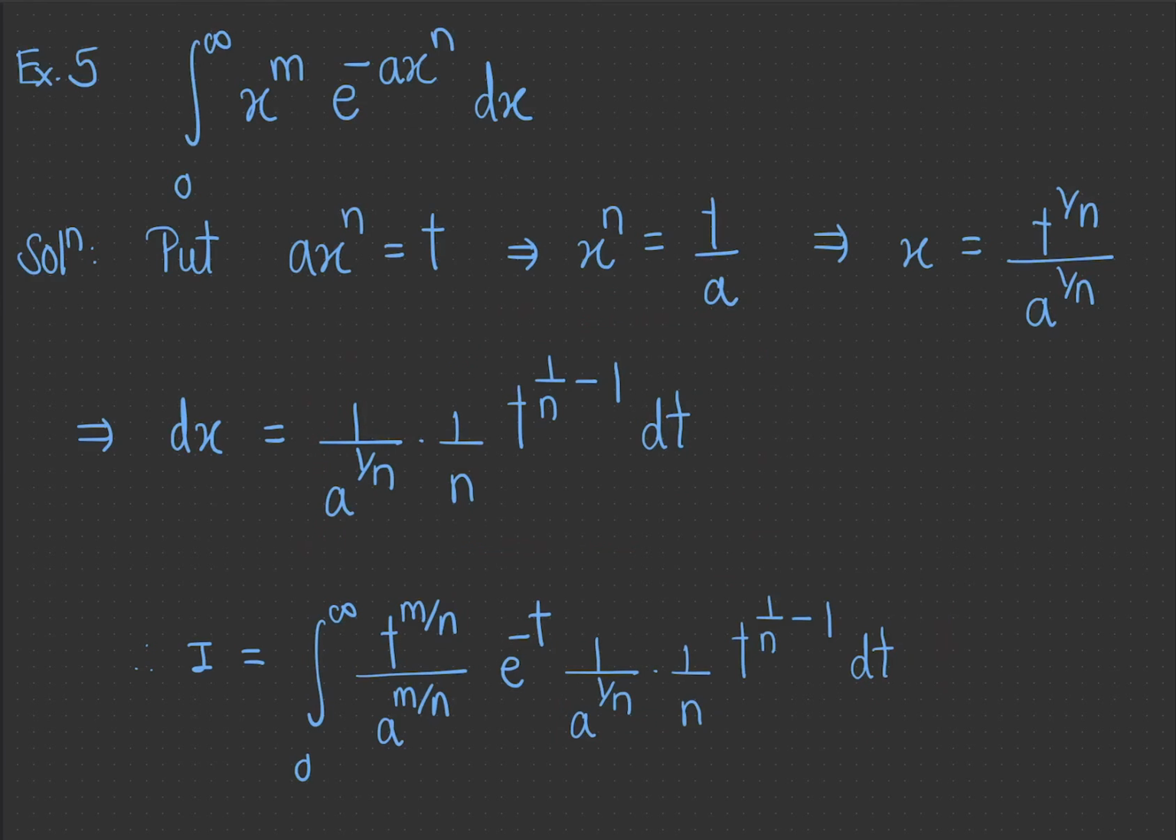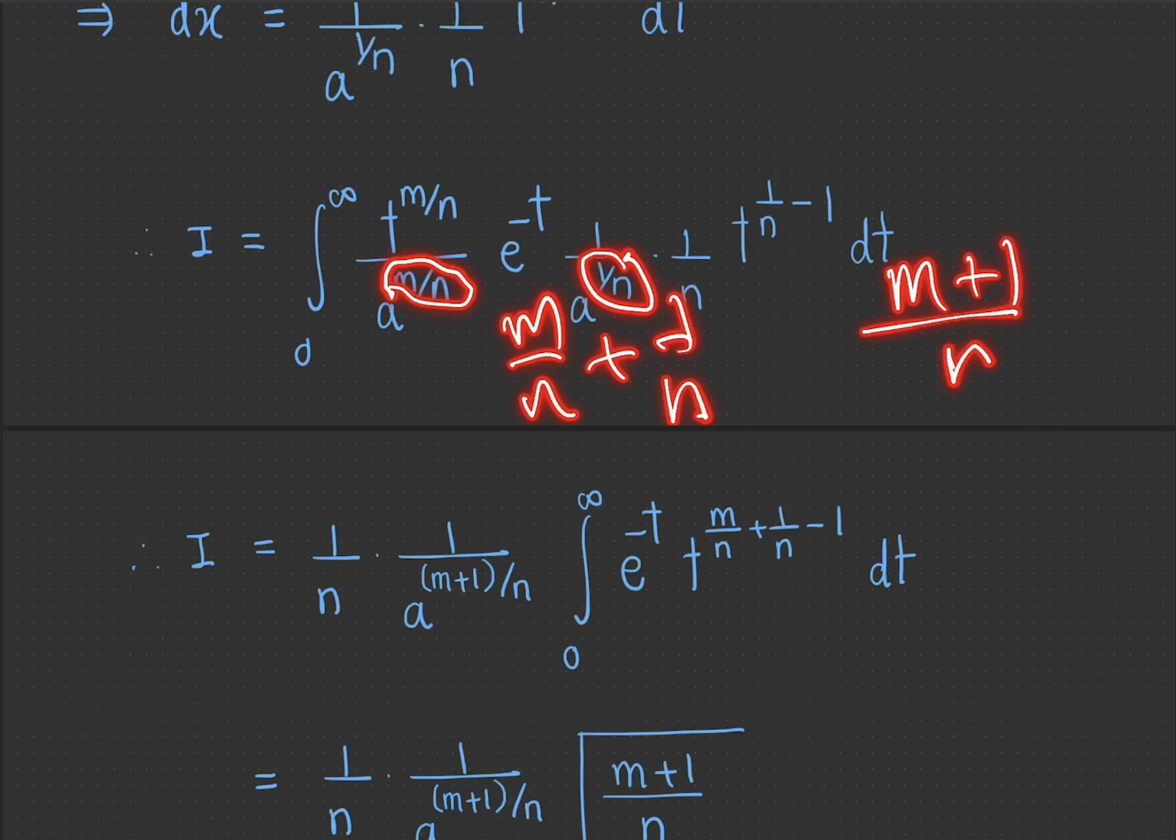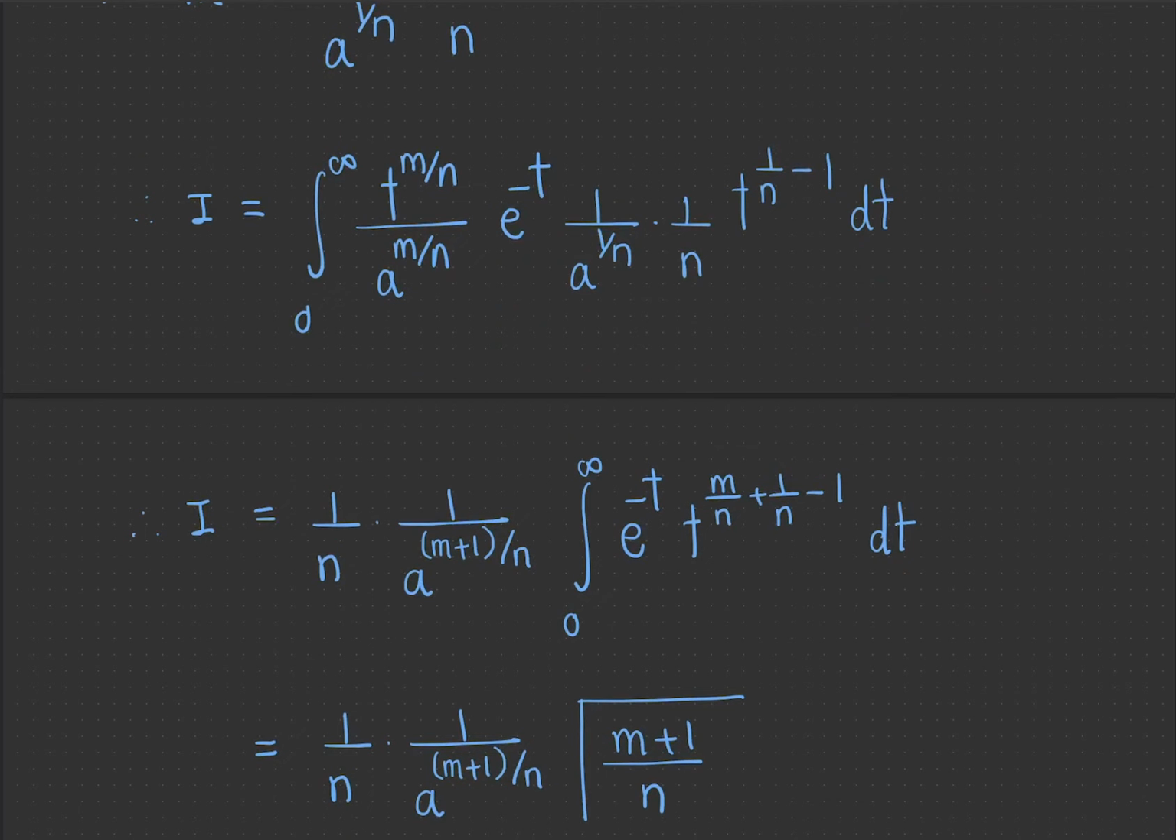So here we see that in the denominator the power of a is m by n, here is 1 by n, so the total power will be m by n plus 1 by n, that is m plus 1 upon n, and since it is a constant we will take it out. So this integration becomes, also here we see that n is a constant, so we will take this out. So the integration becomes 1 upon n, into 1 upon a raised to m plus 1 by n,